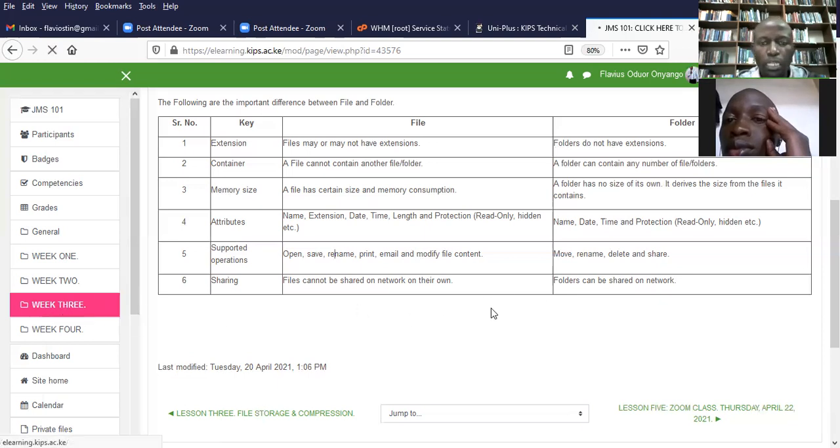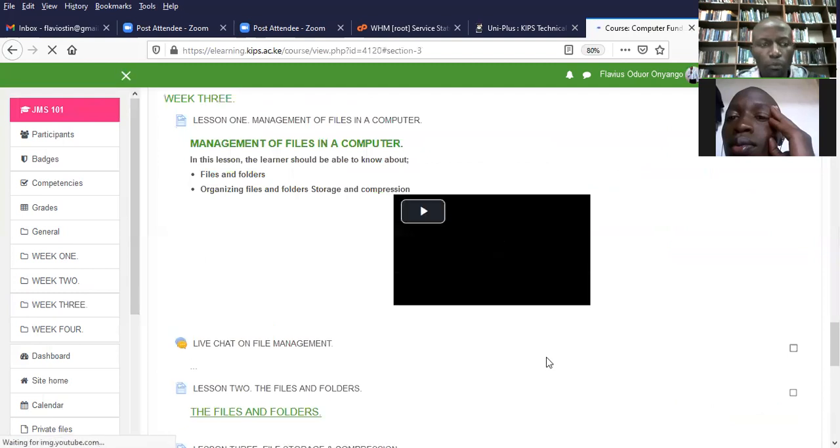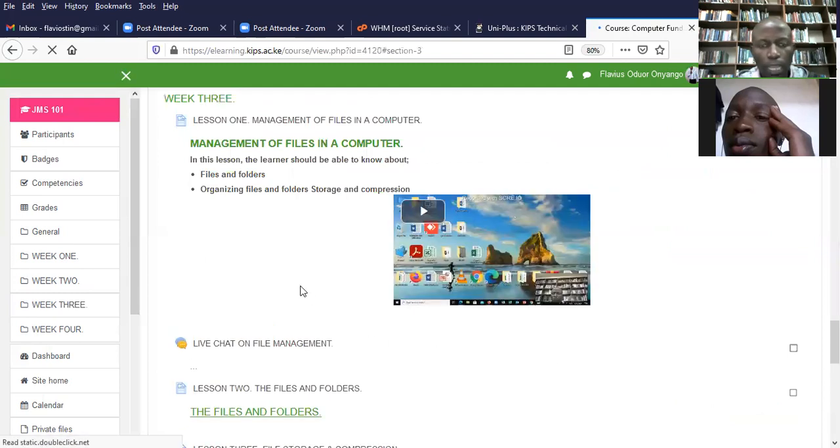Most of this that we're doing here, apart from you studying using your smartphone, are there days that you can access a computer? In the cyber? Or you can only access it in the cyber? In the house, we don't have one. Okay, maybe in the cyber once in a while.